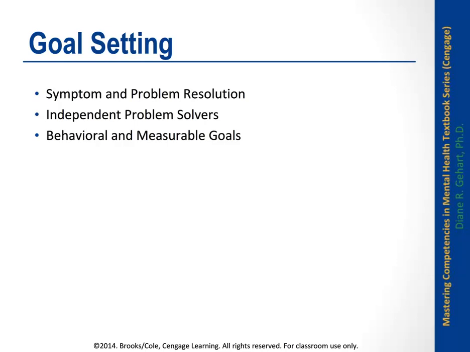So the goals are typically symptom and problem focused, basically reducing the symptom or the problem, more so than increasing. Often they may use increasing language, but it's often an emphasis on decreasing something, such as decreasing depressed mood, decreasing anxiety. It is also based on the goals needing to be behavioral and measurable. And again, this comes very much out of the scientific tradition that these approaches grew out of, that you need to be able to